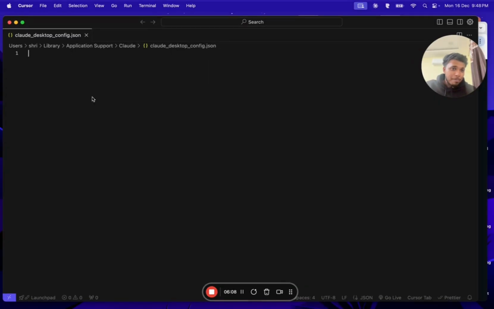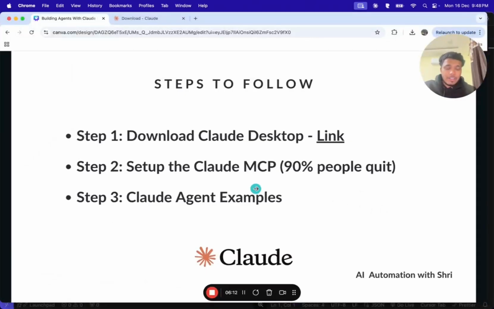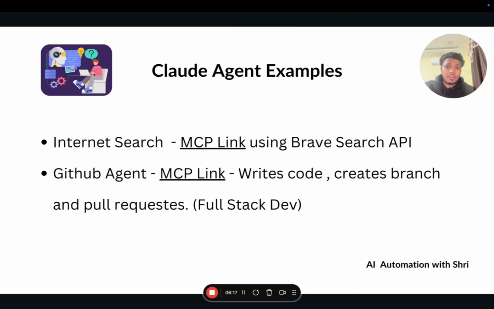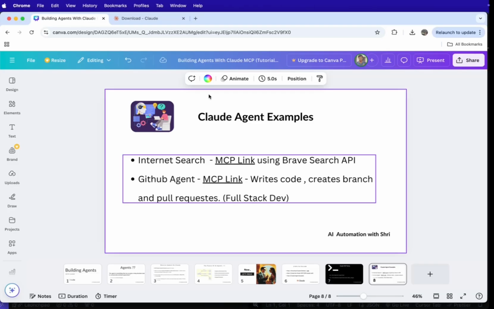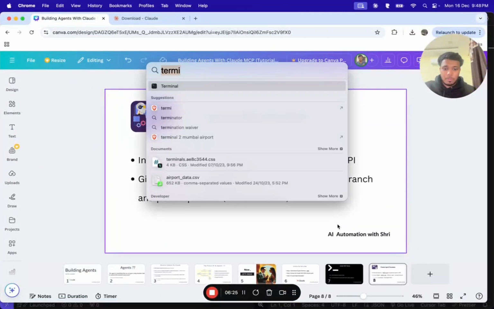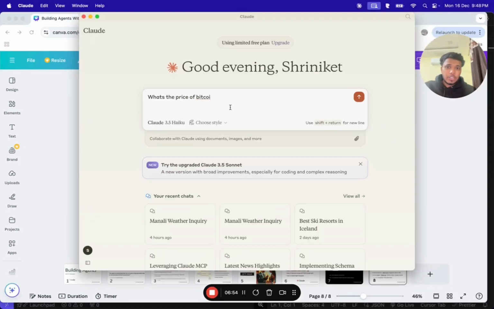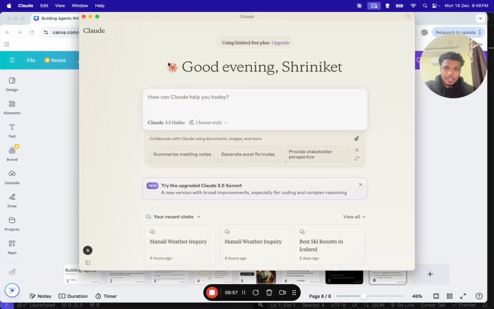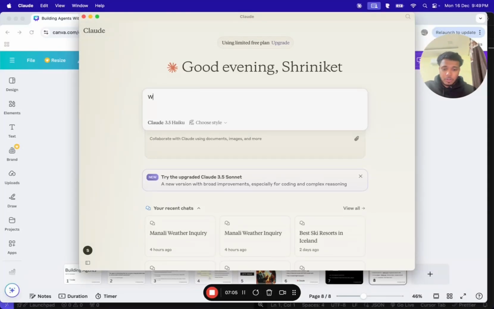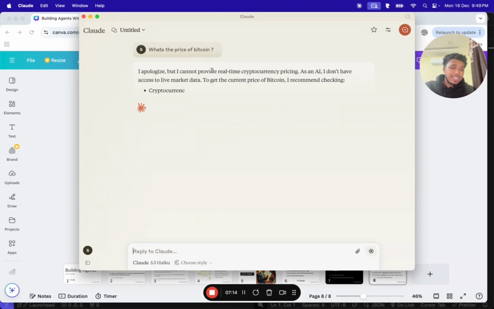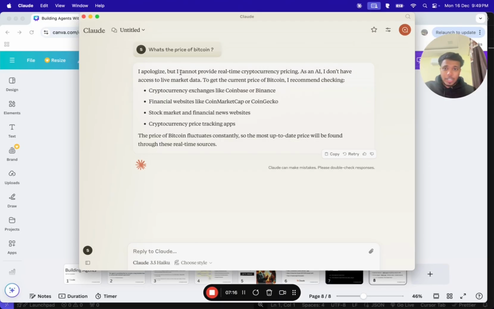Now we need to start building on top using MCP. The first example that we'll look into is allowing Claude to search the internet. If you go to Claude, I have my Claude open. Okay, so I'll basically start from scratch, start a new chat. Now I don't have anything. Let's say I search for what's the price of Bitcoin, and you do a quick search. You will basically get the answer saying, hey, I apologize, I do not have a real-time currency API or whatever it is, right?